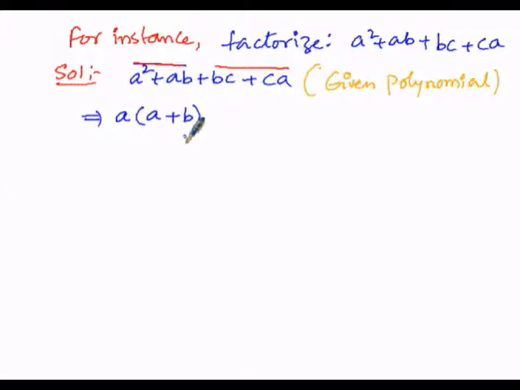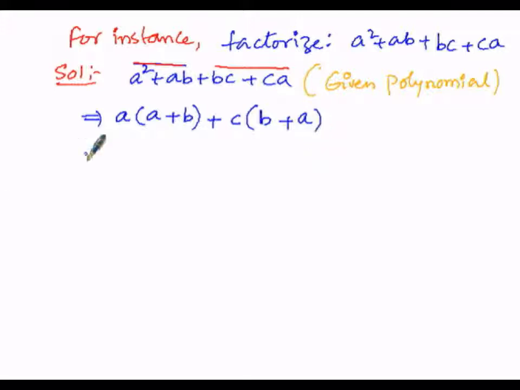plus, whereas in the second group, that is bc plus ca, this bar indicates the second group and this bar indicates the first group of the terms. So this second group consists of 2 terms, and the first group consists of 2 terms again. In the second group I want to take c as common, because c is present in both the terms. When c is taken out as common in the first term, that is bc, b is left over within the brackets, plus because it is a positive sign, there only needs no change in the signs in the bracket. Then when c is taken out in the second term of this second group, only a is left over.